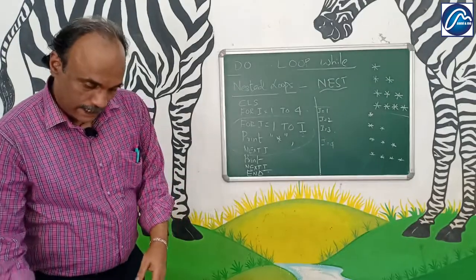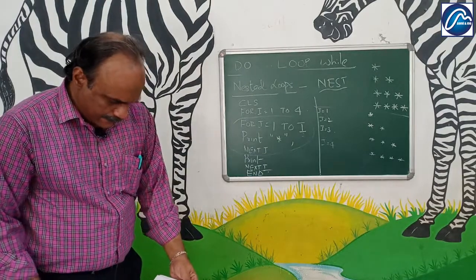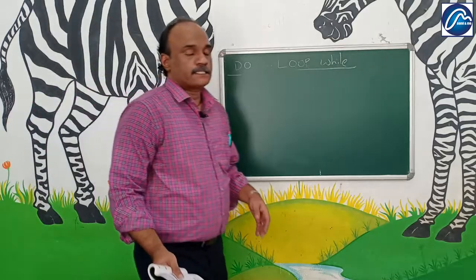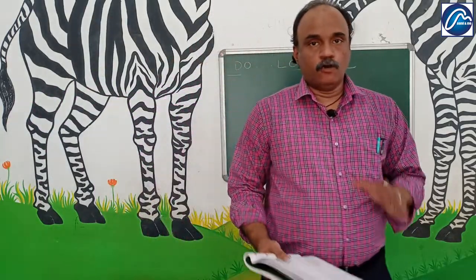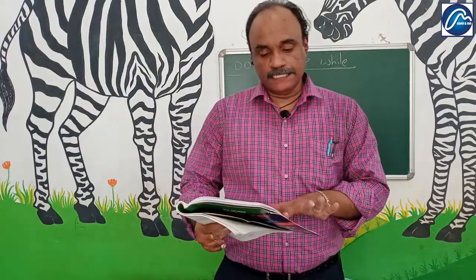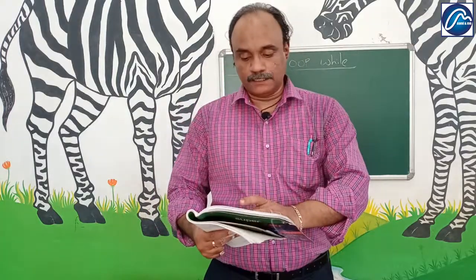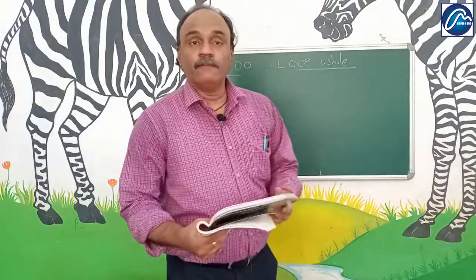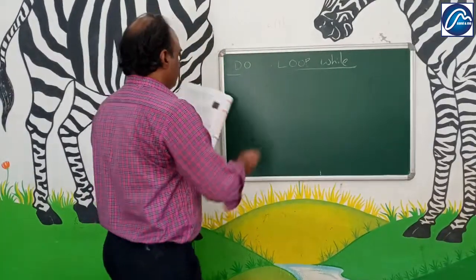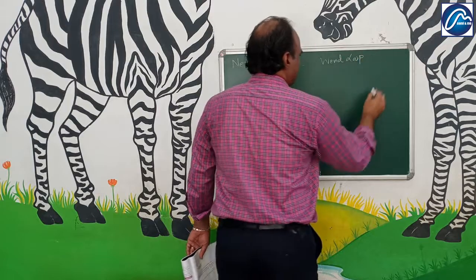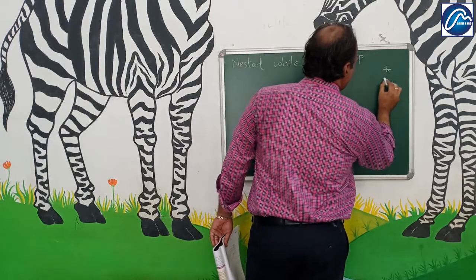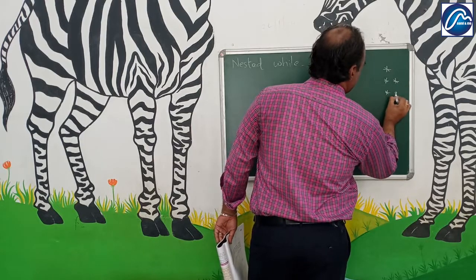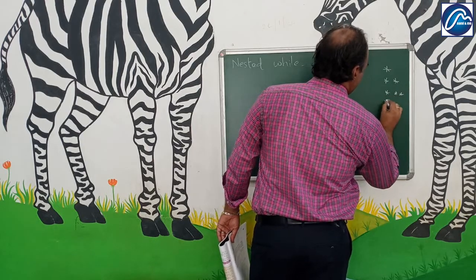Okay. Now the last part which is given is nested while wend loop. See, when we did nested for next, now the final part will be nested while wend loop. The same pattern. How can we draw it on the screen using while wend loop? Nested while wend loop. Same pattern. On line 1 we are having 1 star, line 2 2 stars, line 3 3 stars, and line 4 4 stars.